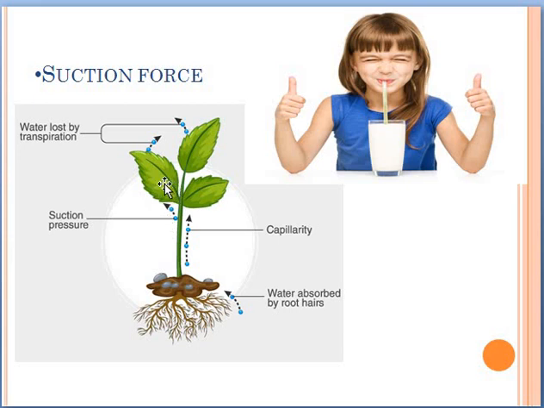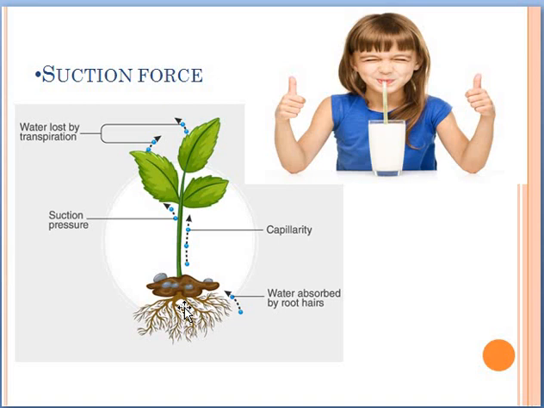The same thing, all these leaves are doing transpiration, and this transpiration will create a suction force so that the water molecules are pulled upwards. In the last lesson, you have studied about ascent of sap. Ascent of sap is possible, of course, by osmosis, when it is moving from one cell to another cell, or by imbibition from one cell to another cell or cell wall, right? So these are all small forces like osmosis, imbibition, all those things that you have studied in the last lesson, small forces which will move water for a level.